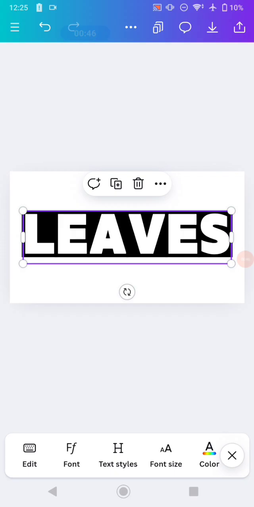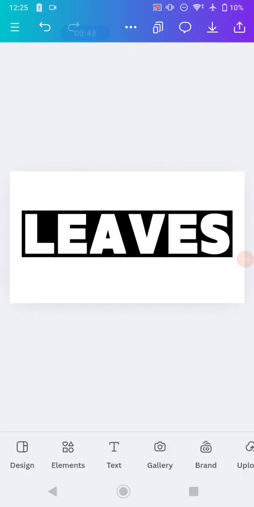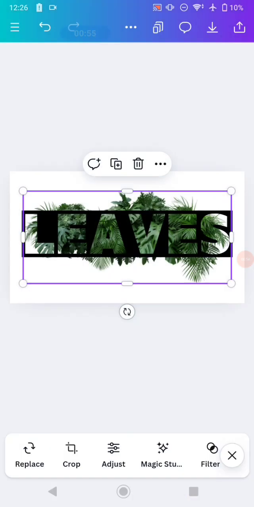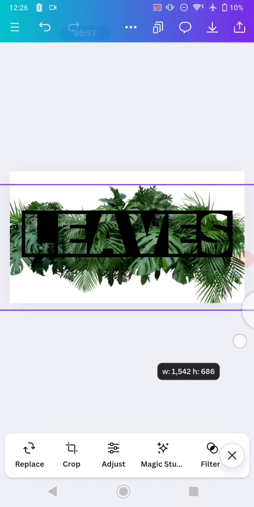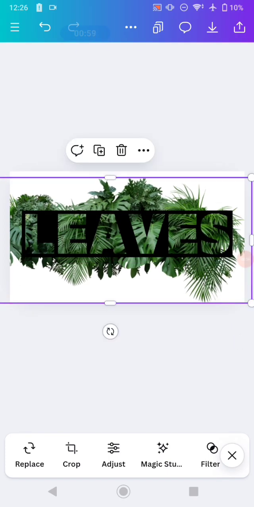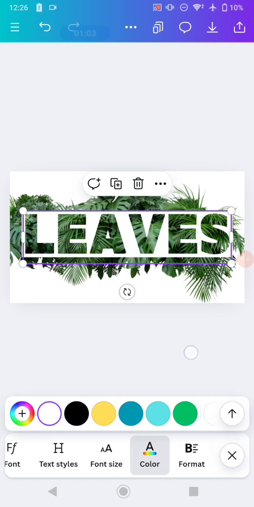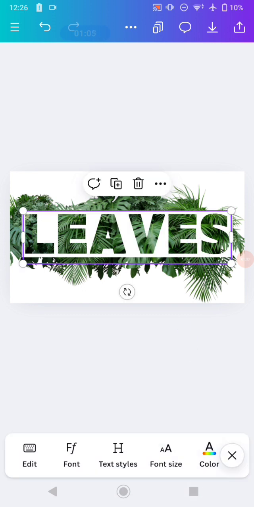you can try this step. First, insert an image onto this page. For example, I'm going to add this leaves image and increase the size of it just like this. The next step, click the text and change the color of the text onto white color just like this, and